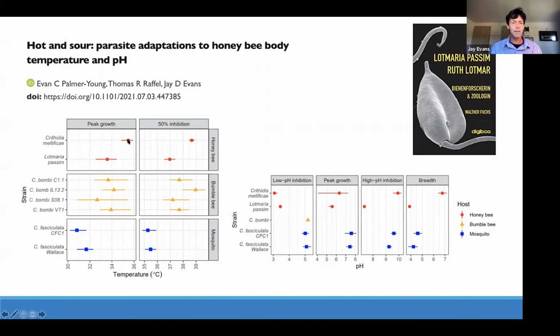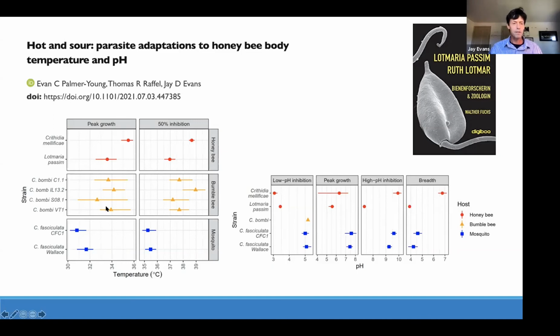That parasite really, really tolerates high temperatures. These are 35 degrees C, right in there for the hive temperature in the core of the brood box. Lotmaria, which has totally displaced it by now, is a bit cooler, but still pretty warm, especially warm compared to these mosquito trypanosomatids in roughly the same